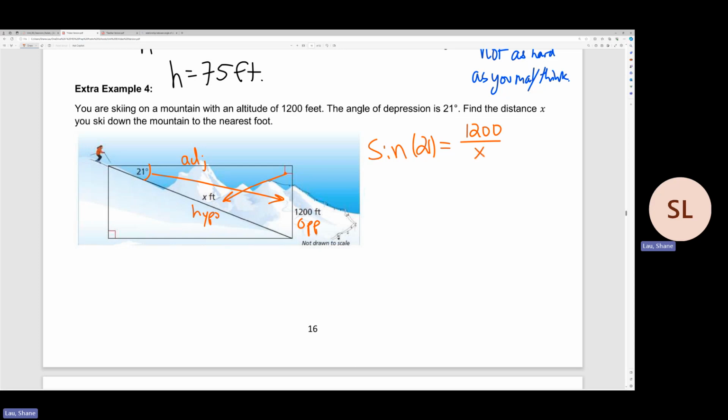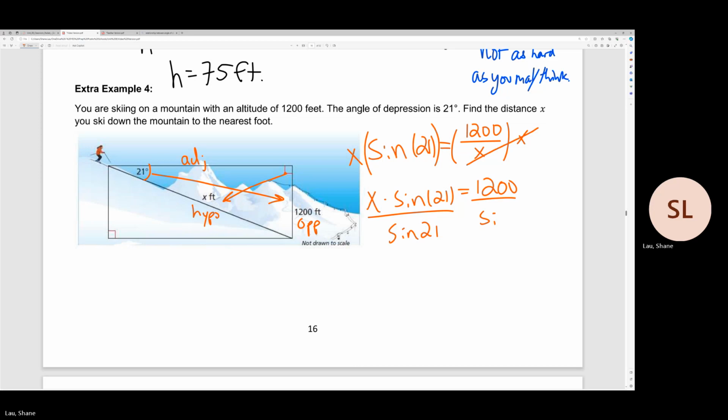So much like that problem towards the beginning of this lesson, we've got to multiply by that x. It's just going to make more sense to us, okay? There's another way around it. We get x times sine 21 equals 1,200, where we cross those x's off, and then we're just going to divide by sine of 21 on both sides. So we should get x equals 1,200 over sine of 21, which means that we get an x value of, I believe,